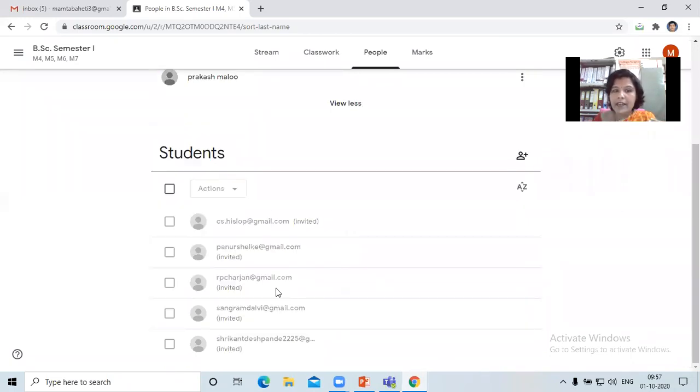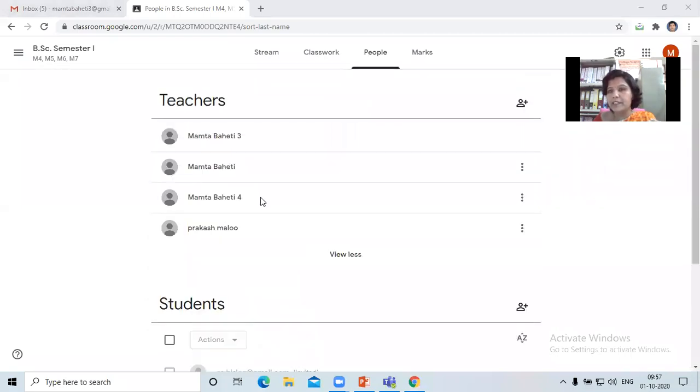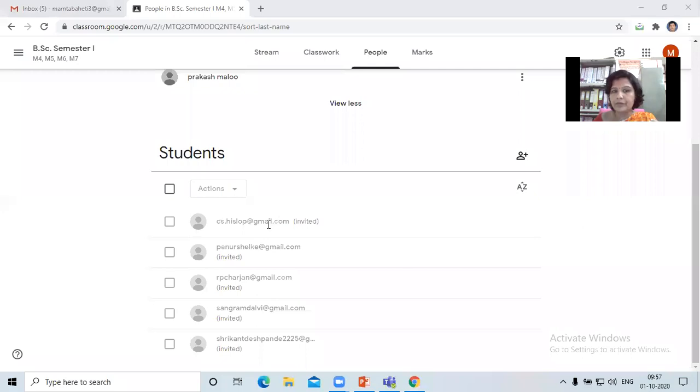On my side, I have given the invitation to these people. When they accept it, their names will be in bold letters like this. So please visit your email IDs right now and revert back by accepting the invitation.